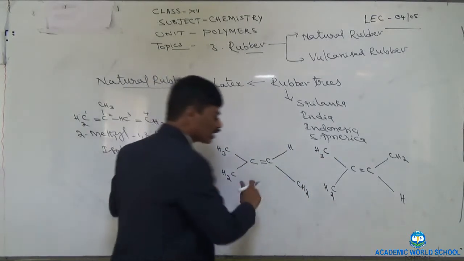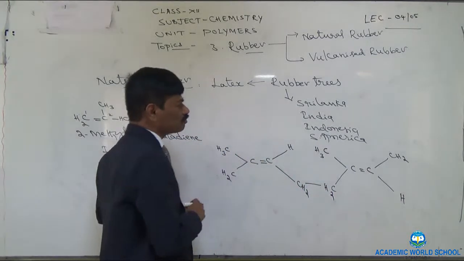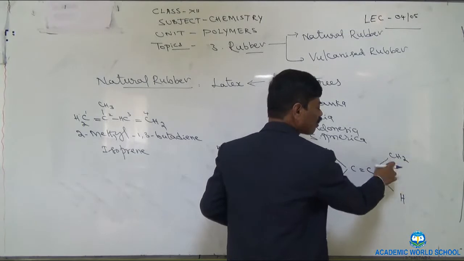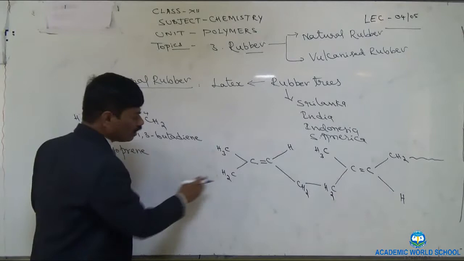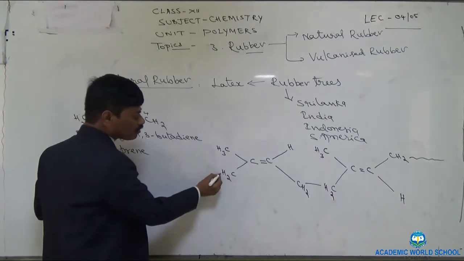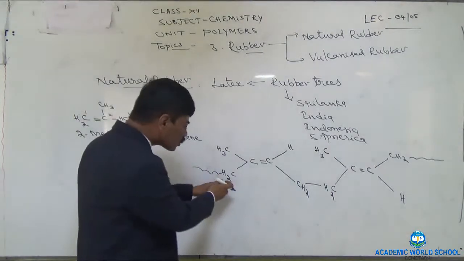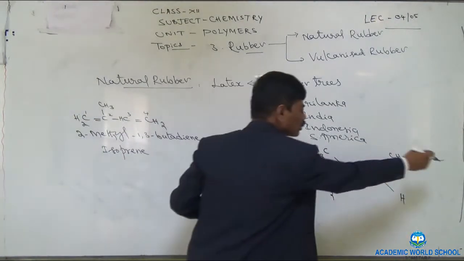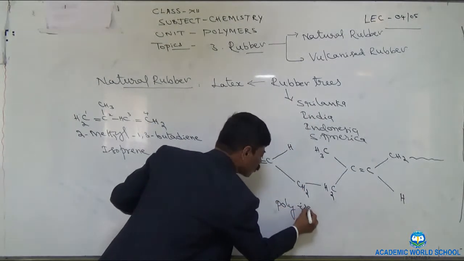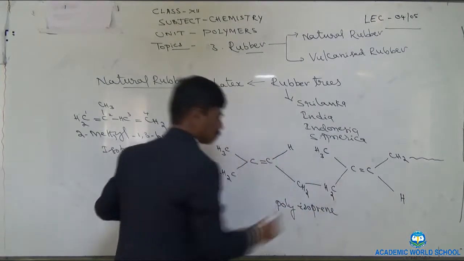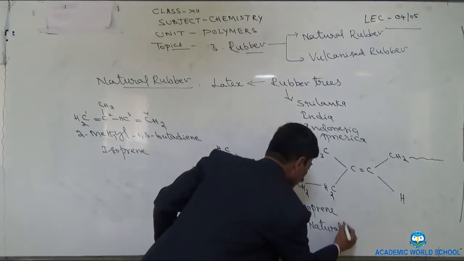Now these two carbon atoms will attract each other and a bond results. Right? And here CH2, its valence is not satisfied, so we will show one wiggle mark, meaning continuation. And here also, the valence of this carbon is not satisfied, so we will show one bond in the form of a wiggle mark. Now, this shows continuation of isoprene units linked to each other. Now, this is known as polyisoprene. It is nothing but natural rubber.